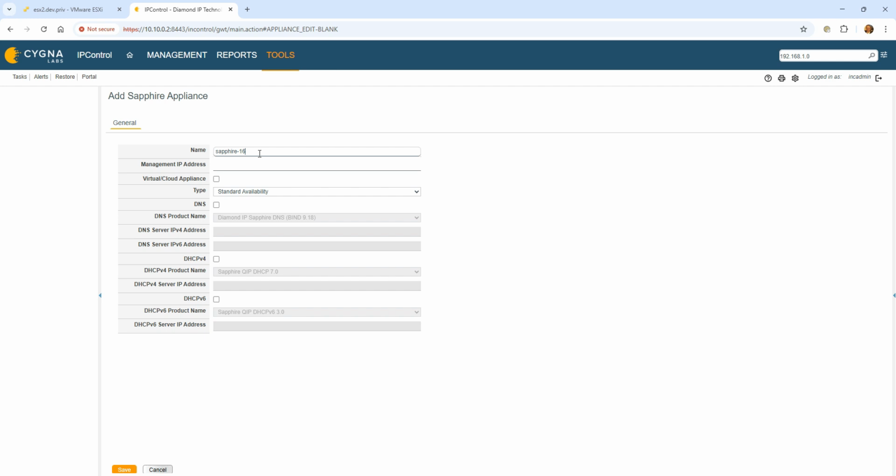And the first thing we need to do is register basically the Lab 16, the new appliances, just for the DNS and just for the DHCP. The IPControl executive and the cloud automation do not need to have their appliances or agents registered. So we are going to initially set up the